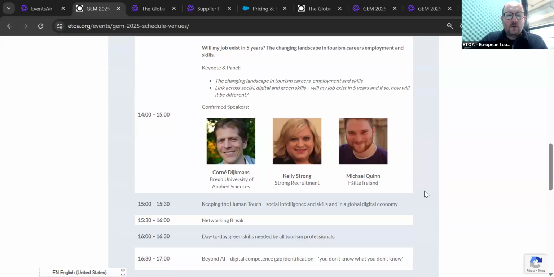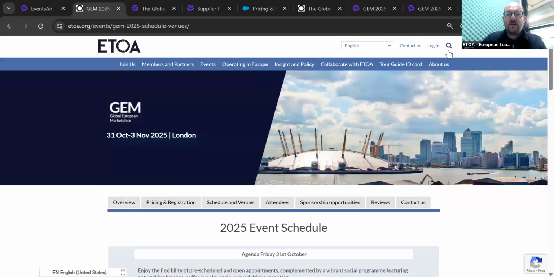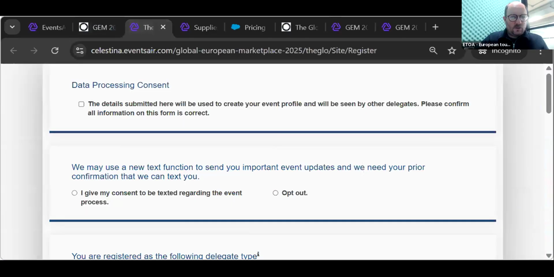And then on the digital side, beyond AI. So what's at the cutting edge of digital in tourism jobs. Again, more detail on that, but we'll also be sharing a ticket-only option if you want to bring additional colleagues to that event. So just to whiz through, again, we'll be sending out today